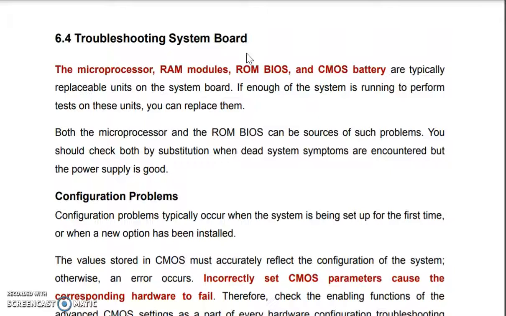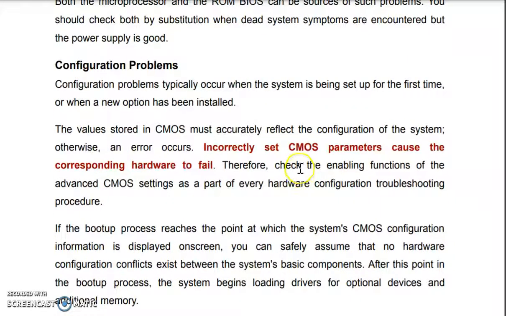Now this motherboard contains so many components. Among that, some major components give problems. For example, the microprocessor may fail. It may be a RAM giving a RAM error, or a memory loading error. Then there may be issues in the ROM settings, issues with the BIOS, and you know about the CMOS battery. These major components normally give some faulty behavior, and because of that your system board or motherboard cannot function. So we have to recognize these symptoms and find exactly where the error is.